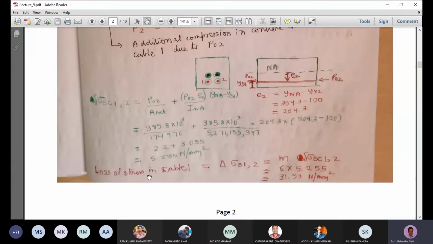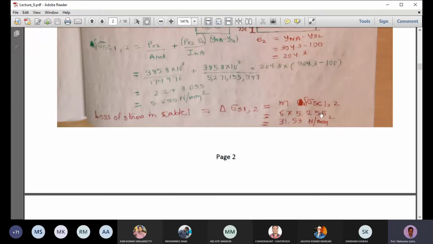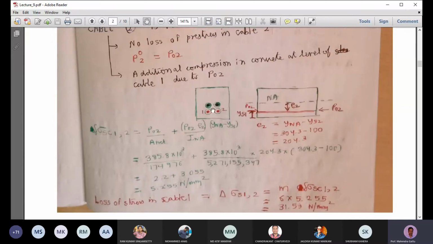per millimeter square. So the loss of stress in cable 1, when cable 2 is being post tensioned, is delta sigma S1,2, and that will be M times the additional compressive stress produced in cable 1 due to application of the post tension in cable 2. So we multiply M into 5.255, and you will get around 31.53 Newton per millimeter square. Okay. So yeah, we have these two cables